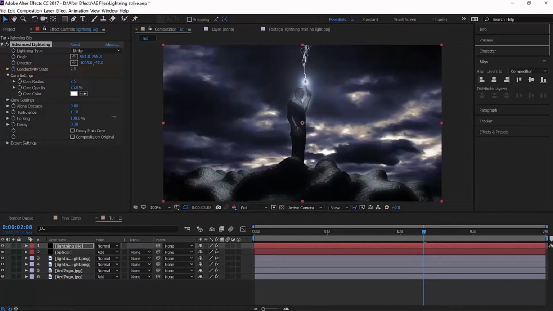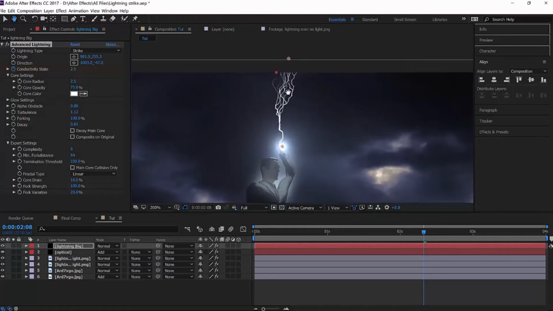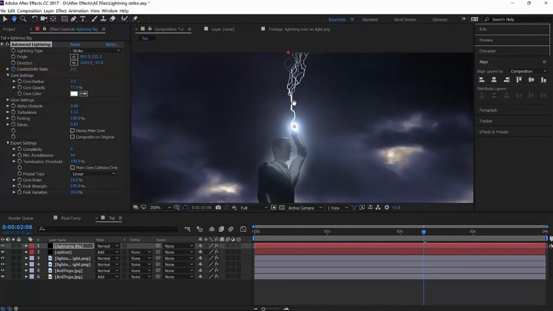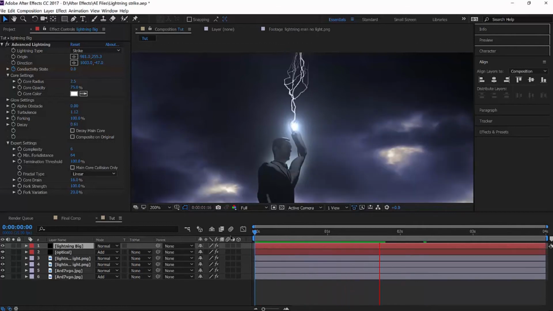Okay, turbulence up to expert settings. I'm going to leave the complexity at 6. Let's add focus strength, so that's 100. I want to introduce some core drain, maybe some decay too, right? Until you just start seeing some of the lightning fade away, so it looks slightly more realistic. So now that I have this animated,